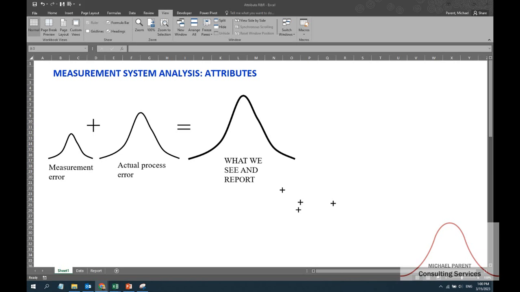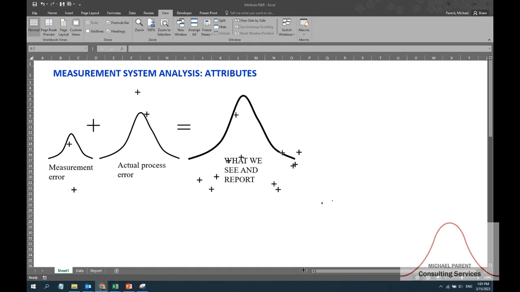In a previous video, we talked about measurement system analysis, and this is kind of a continuation of that topic. In that previous video, we talked about how what we see in reports and the business decisions that we make from the data we collect is not just reflective of what was actually going on in our process or in our business, but it's also a function of the measurement systems we use. And if we have a lot of variation, if we have a lot of error within our measurement system, then we're going to create a lot of bad data without even knowing it. And we won't know where this bad data comes from or how to detect good data from bad data.